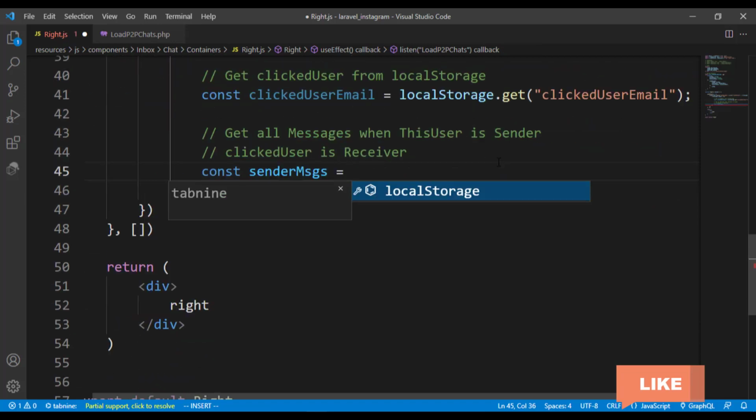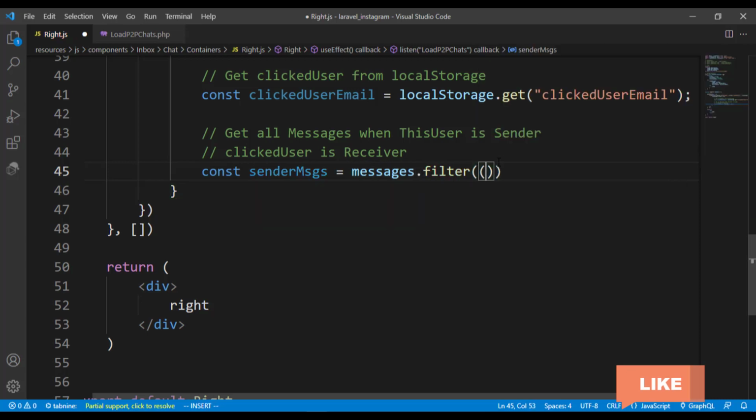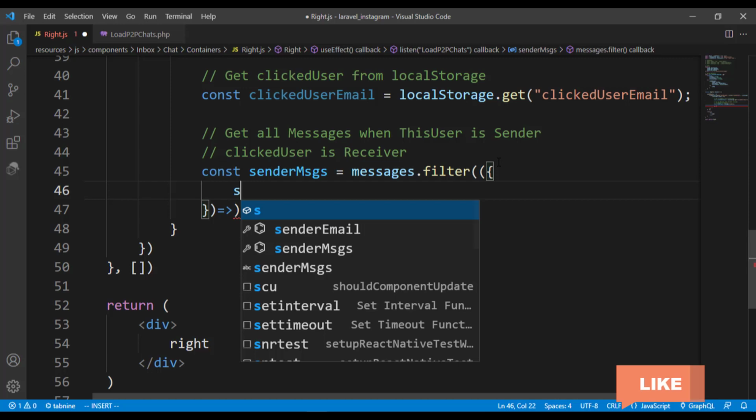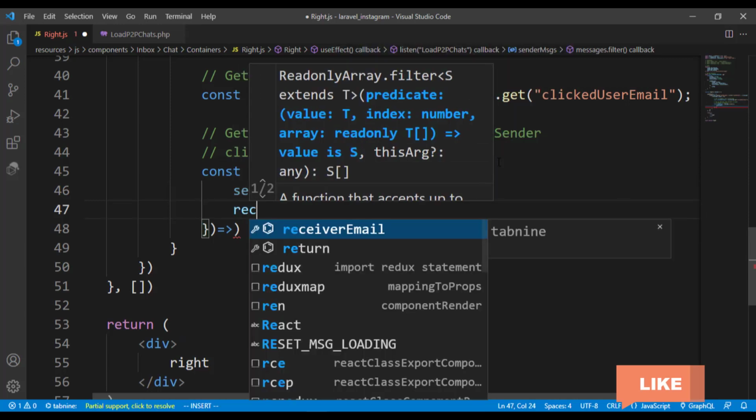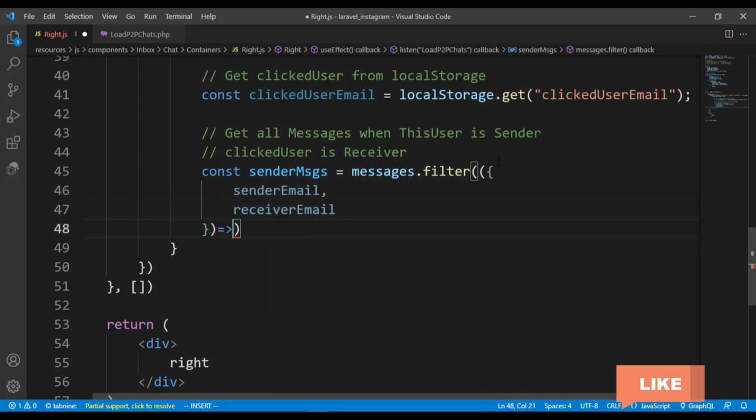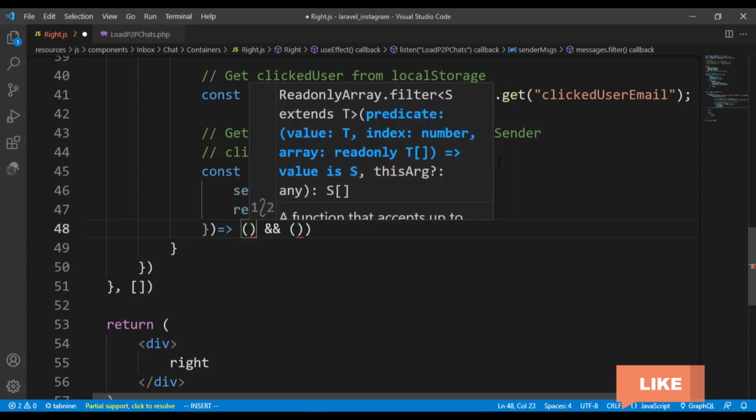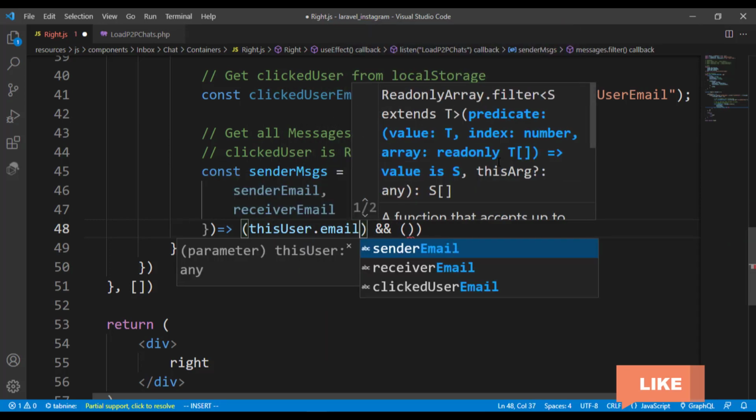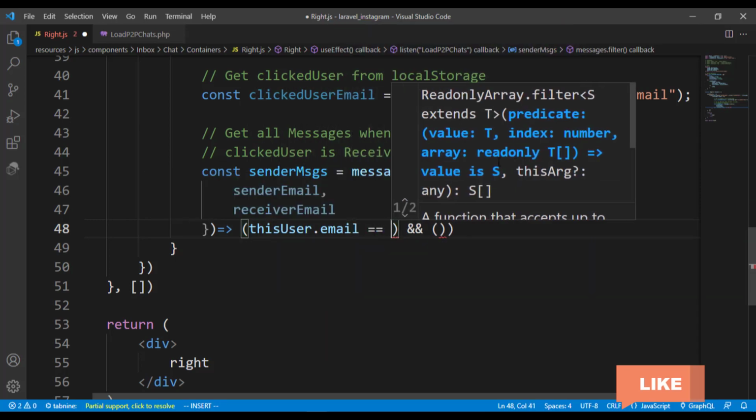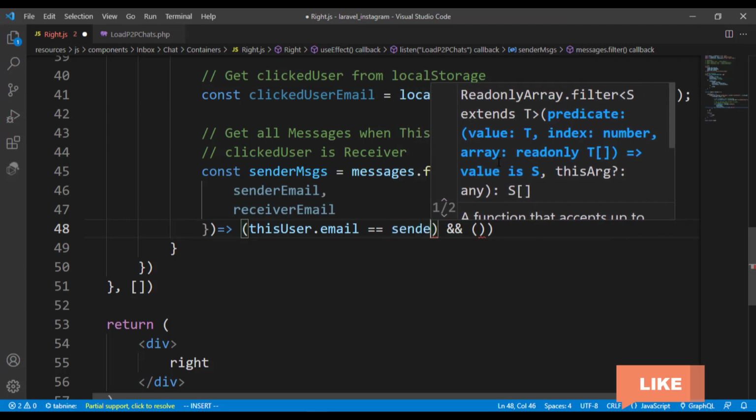Let me scroll a little bit up. So I have the messages.filter. So from here, I just want to destructure two things, and then we have a callback. So what I want to grab here is the sender email and also the receiver email. So in the callback, we have to perform two true operations, and so the first one is if this user dot email is equal to the sender email,